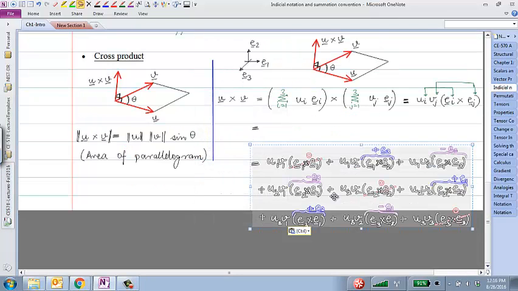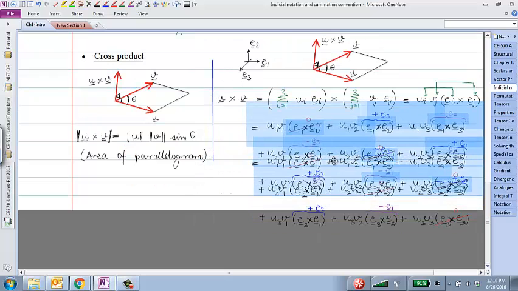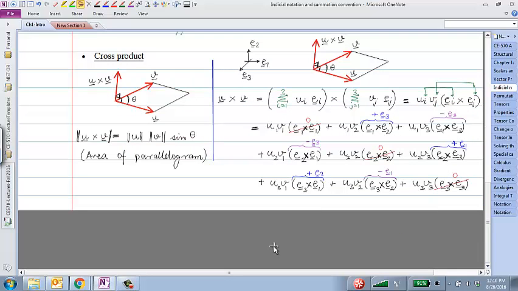Paste it here. And what we have here then is all of those 9 terms where we have u1 v1, u1 v2, and u1 v3, and so on. But instead of having a dot product in the brackets, I have a cross product, right? And indeed, according to the cross product's properties, we have